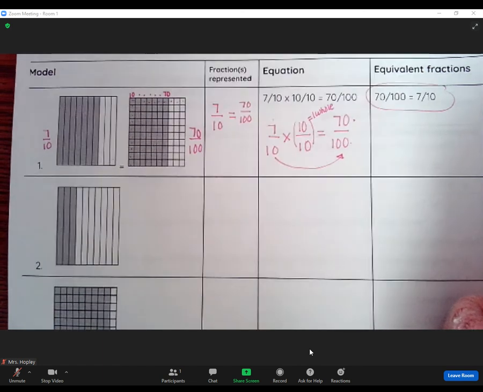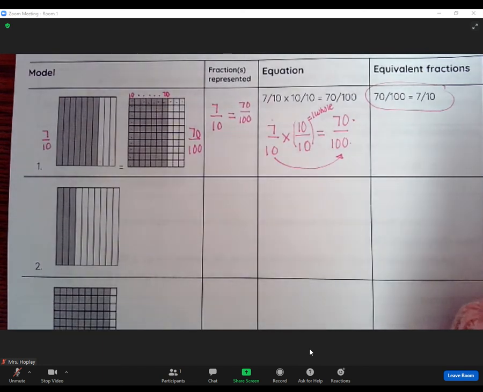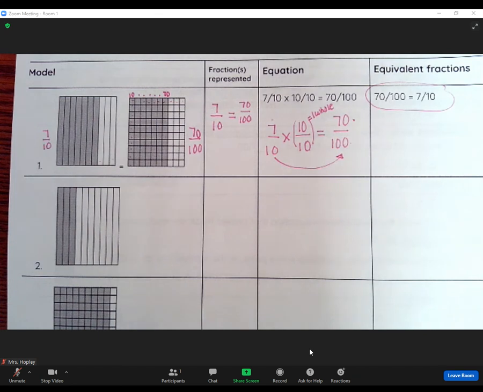All right, we will do one more together and then you guys are on your own. Let's look at number 2. Okay, first things first, let's take a peek at that model. How many total parts are